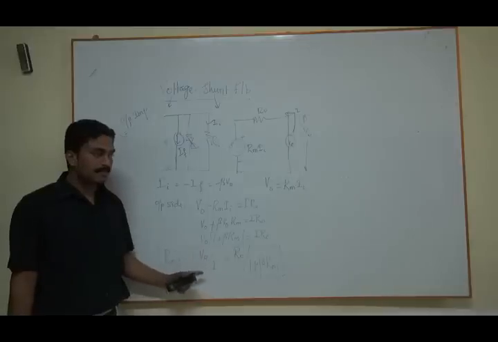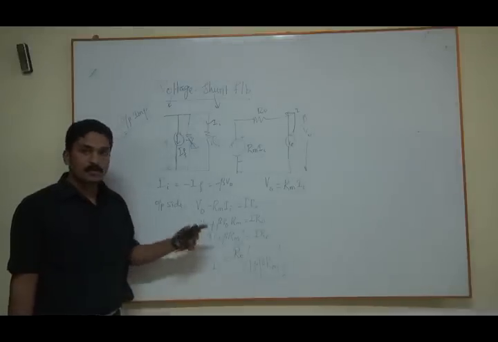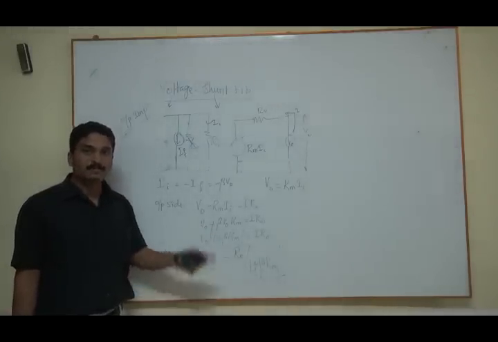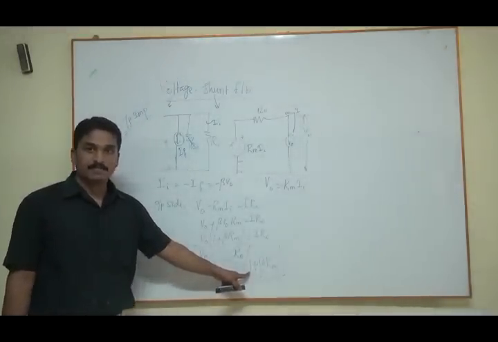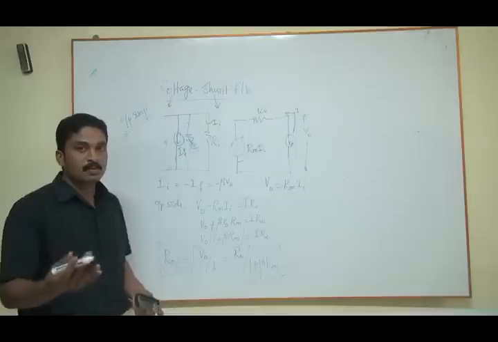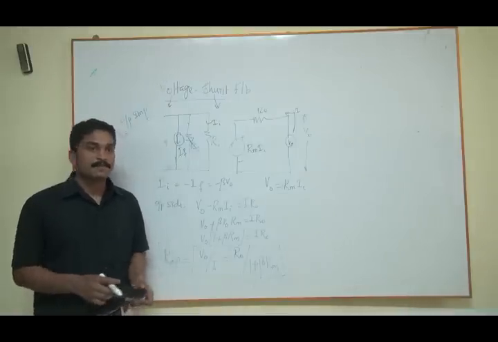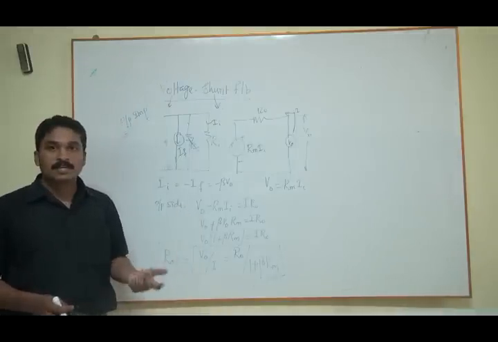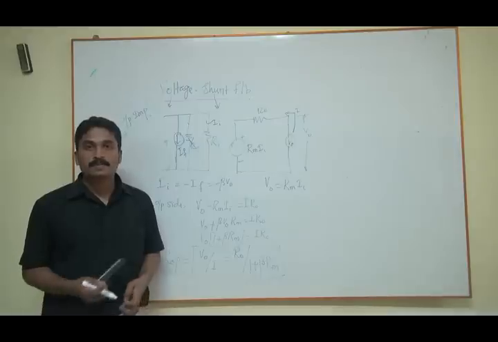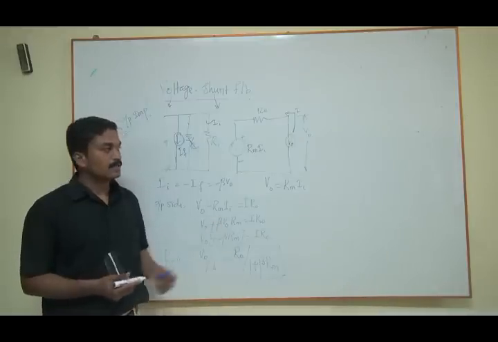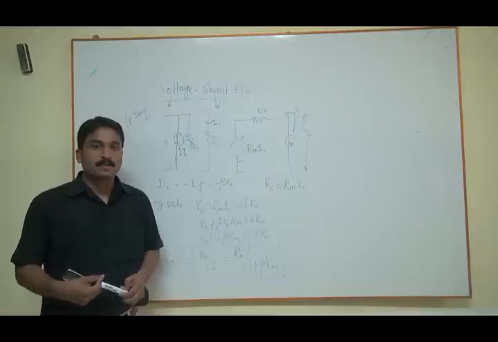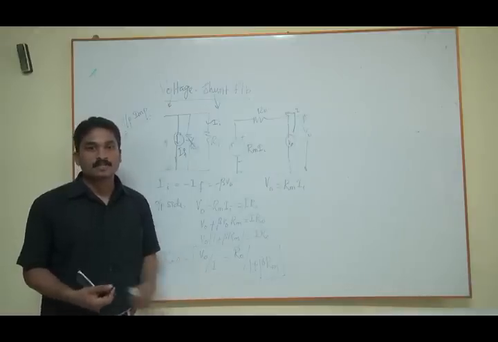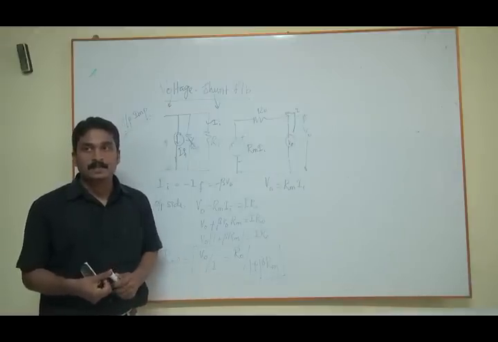And in voltage shunt feedback amplifier, your input side impedance, output side impedance, both are decreased by the same factor 1 plus beta Rm. Clear? But whereas in the voltage series feedback amplifier, your input side is increased and output side impedance is decreased. But here that changed. Both input output impedances are reduced because of the factor 1 plus beta Rm.